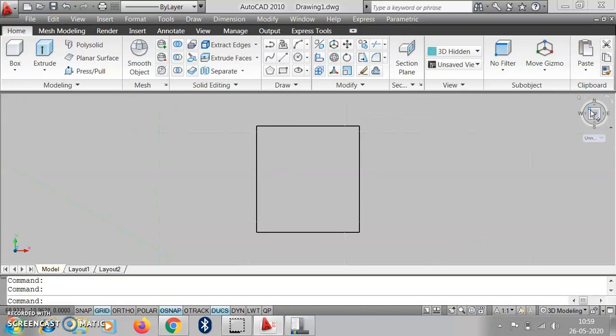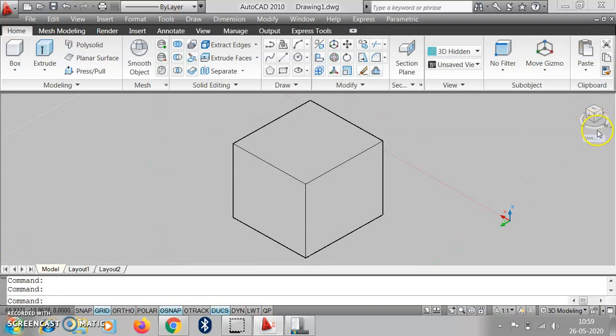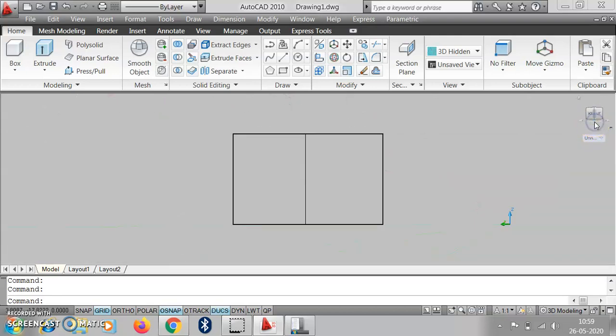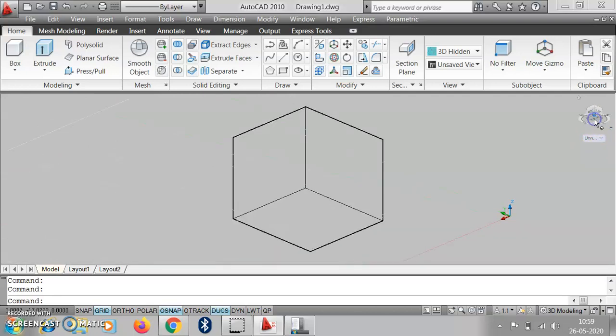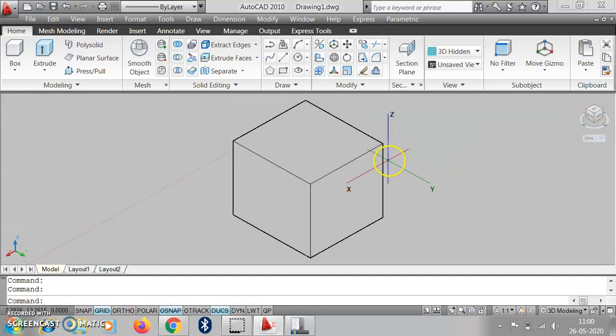Suppose we click at this corner, we get the NW view. Suppose we go here, we get the side view. Suppose we click at this point, we get the WS view. So in this way we can always show the different views.